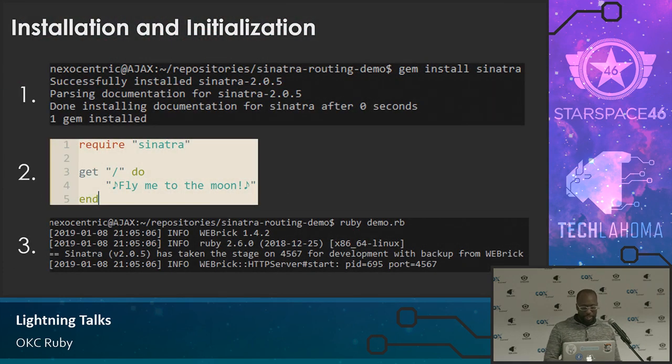So the installation and initialization for this is pretty simple. I have what I coded over there. You just do gem install sinatra. Next, you make a Ruby file. You just require 'sinatra', and then you make your first route. And routes are specific. We're going to get into that just a little bit. You make a route, that's a pattern, and you tell it to do something, you end it, you run it,